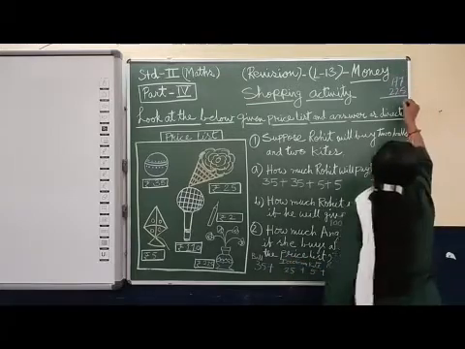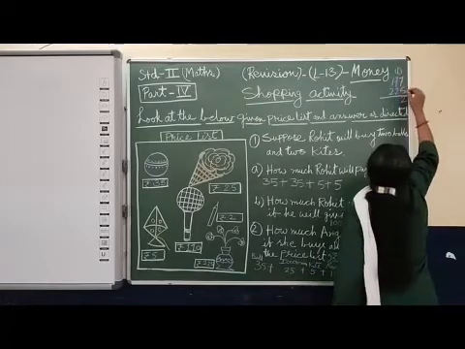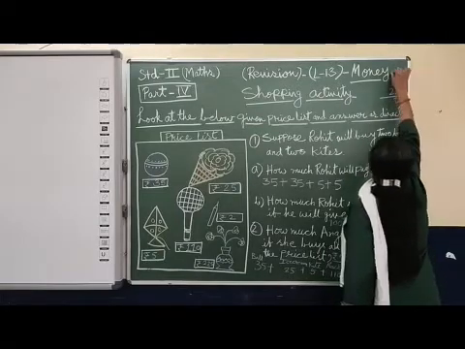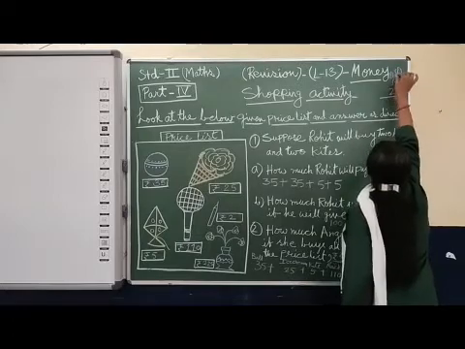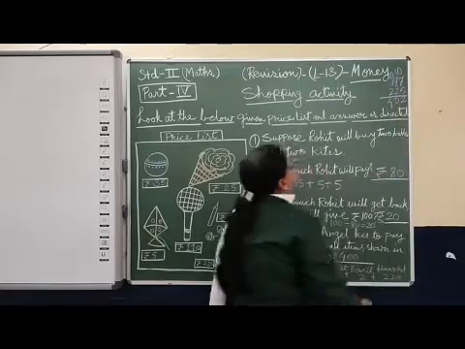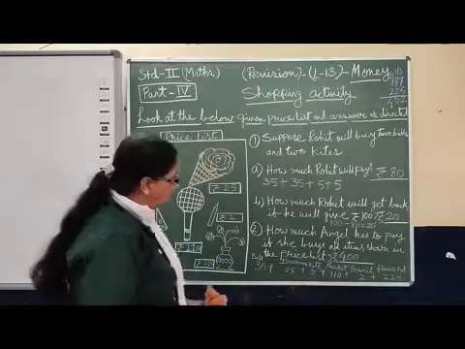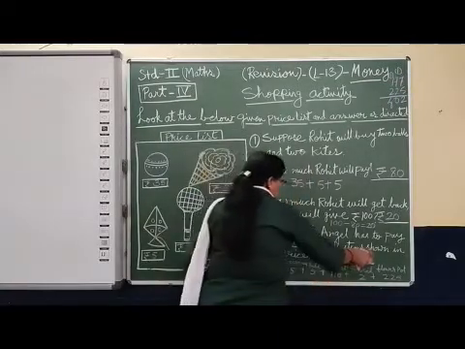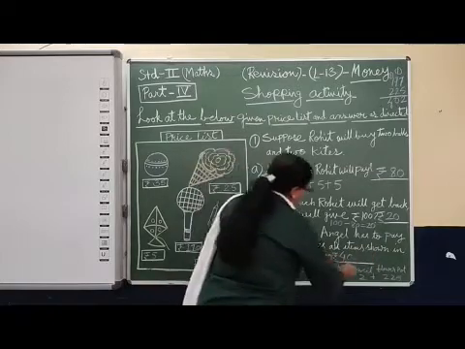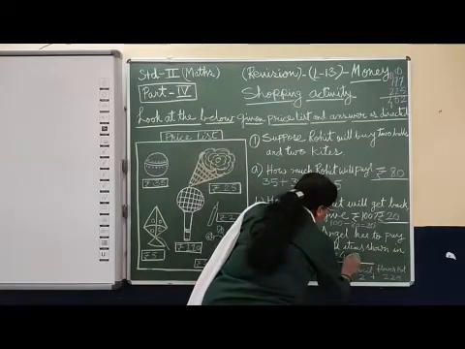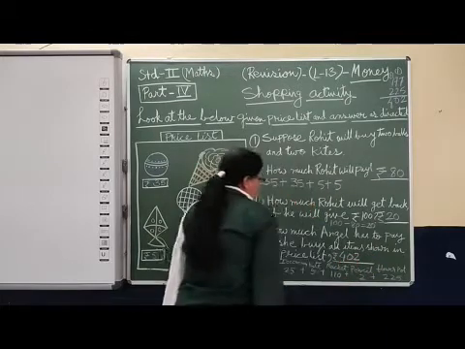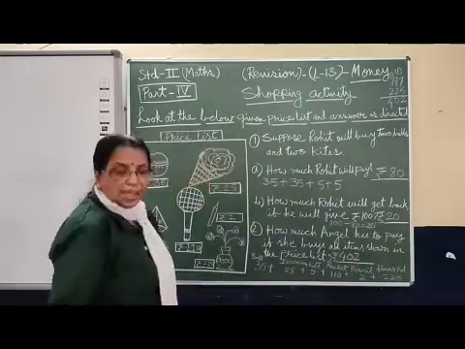7 plus 5, 12. Carry over. 7 plus 2, 9 plus 1, 10. 1 carry over. 2 plus 1, 3 plus 1, 4. 402. Angel has to give not 400, but 402, because we have counted 177 here, but written 175 there. That's why the answer was coming 2 rupees less.